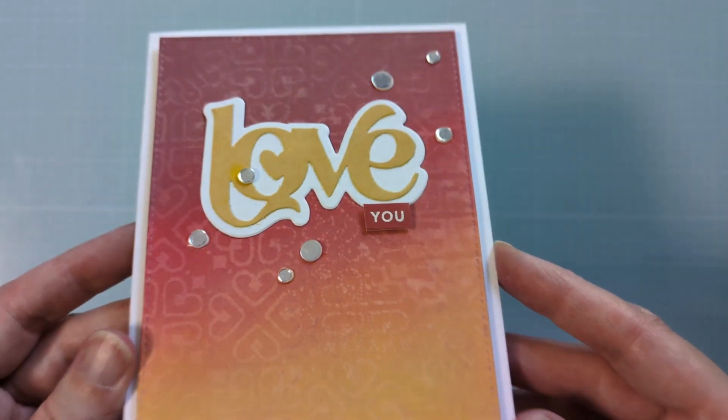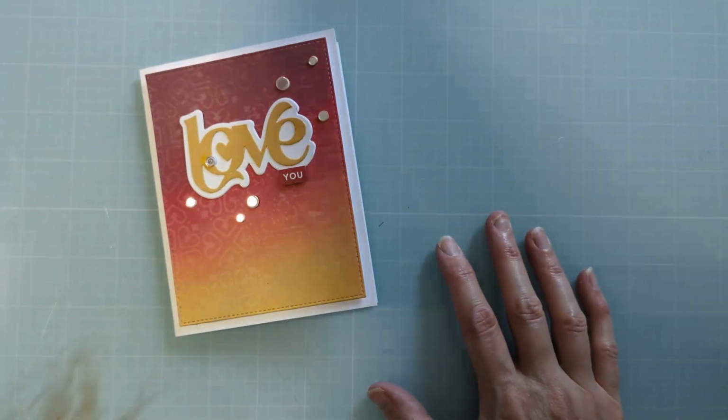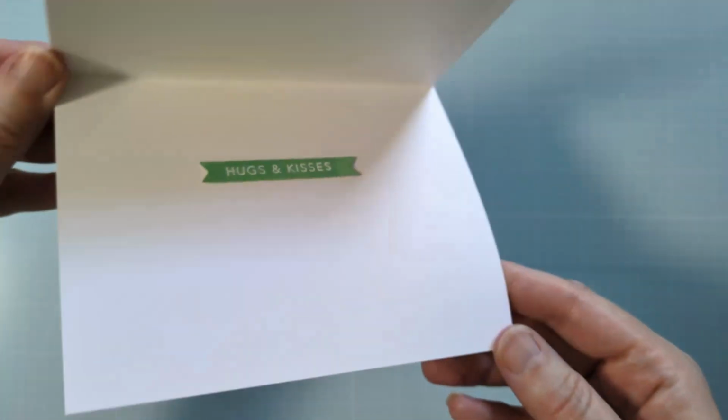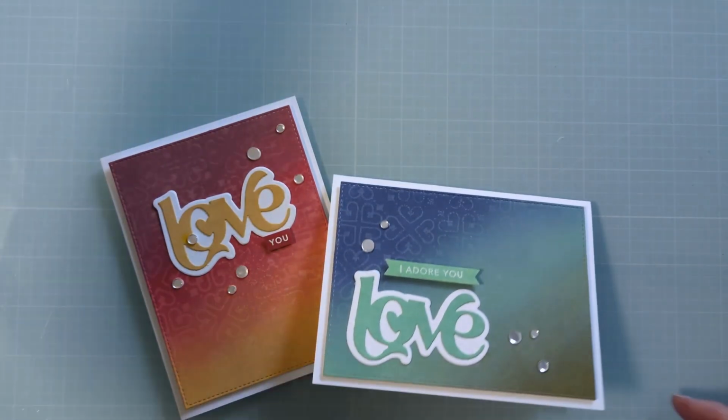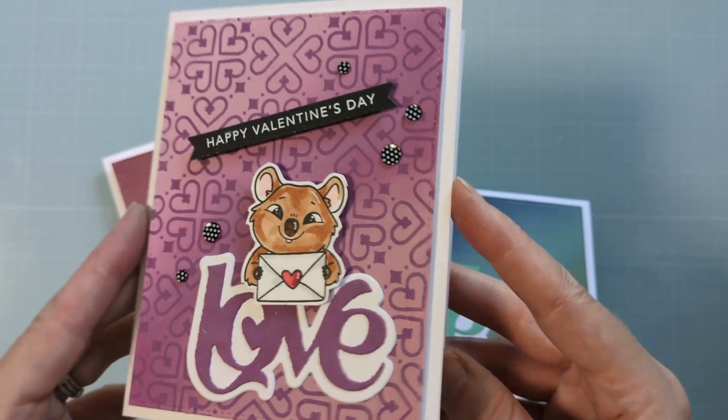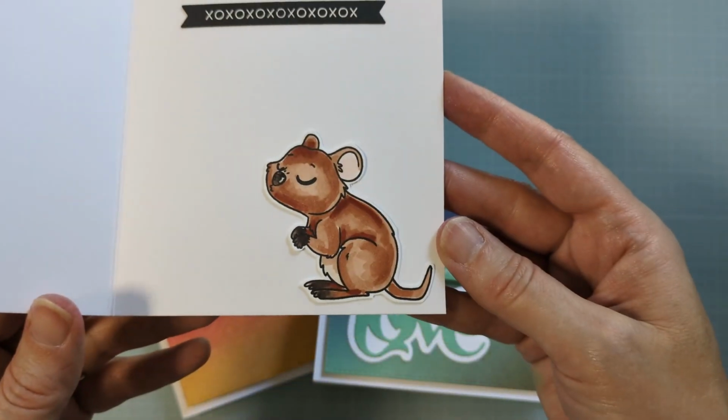Here you can see I used that U from the simple strip and pop that up. This one I did the custom colors, so it's white heat embossed on white, and then I just did again ink to paper with the Distress Oxide color to match. And this one is the stamping, and I have this cute little critter and some more simple strips from Tailored